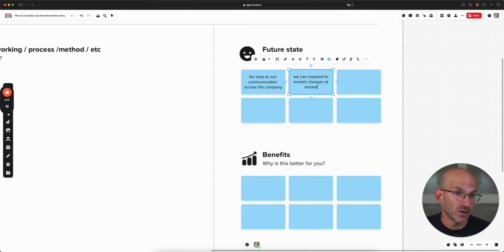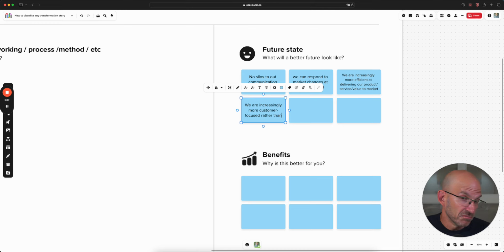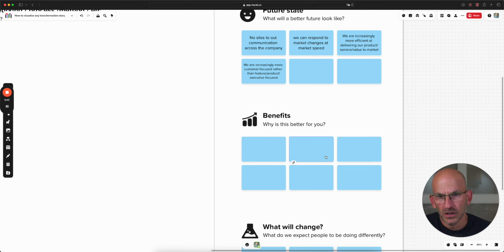Maybe we are increasingly more customer focused rather than feature, product, or executive focused. These are the kinds of things that maybe happen in the future state. If we fix the current state, what does the future state look like? Which is really great. Cool. If we did that, why? Why is this better? It's better because we